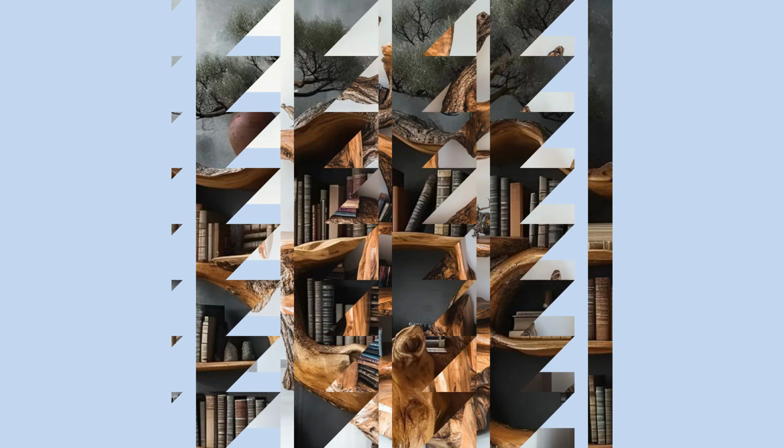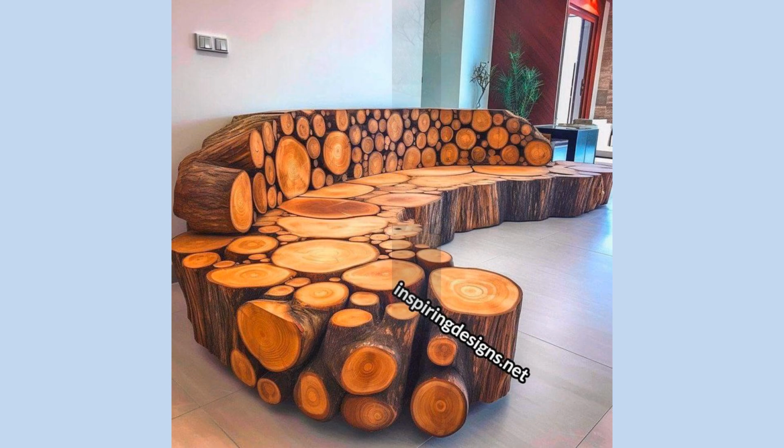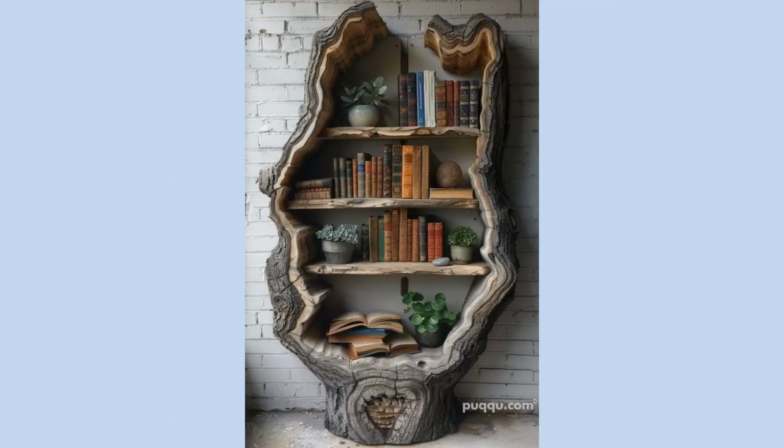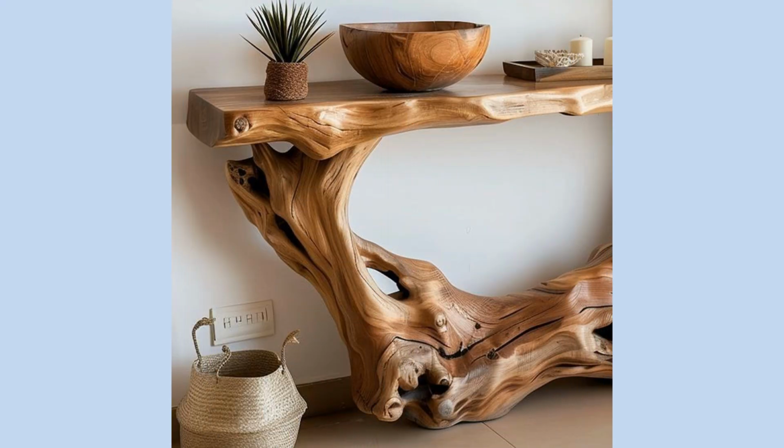tree sculpture. Design: a large, artistic wooden tree structure for gardens or patios. Materials: hardwood like teak or cedar for weather resistance, sealant or varnish to protect against the elements. Style ideas: organic, use rough, unpolished branches for a natural aesthetic; artistic, painted in vibrant